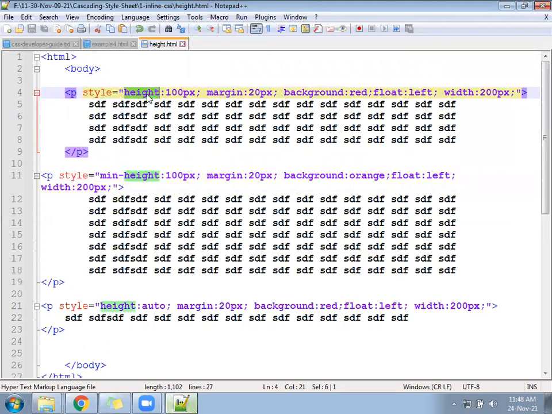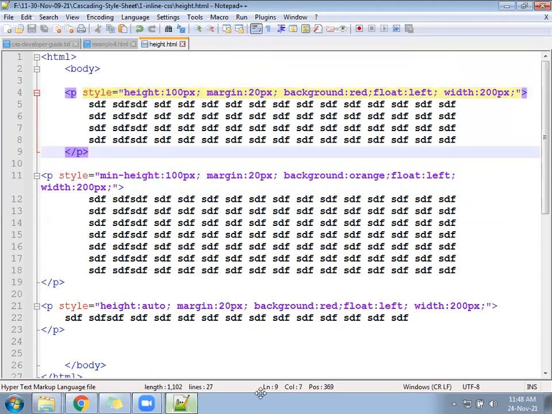According to the device, we need to check what the device size is. If the device size is small, then increase that. If the device size is large, then decrease that. With the help of media query CSS, we can increase and decrease through the code, through an if else condition, you can say. Now we'll go to the developer guide.